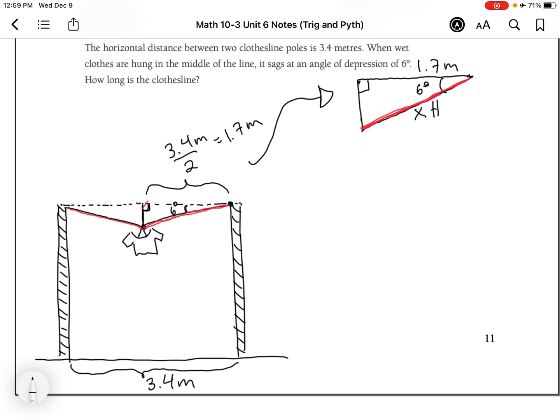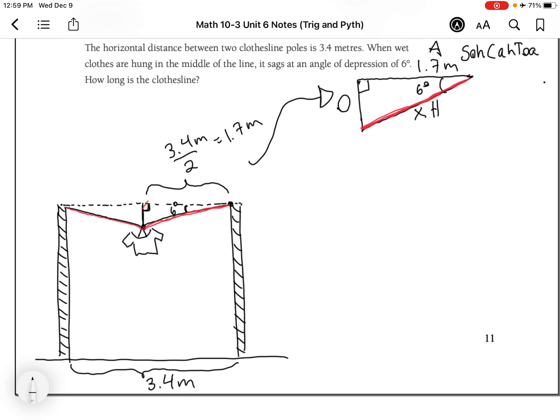To figure out the opposite side, I start from my angle that I know. I go across from that. That's my opposite side. And then finally, the third side, which is the 1.7 meters, this is my adjacent. And if I write out my SOH CAH TOA,